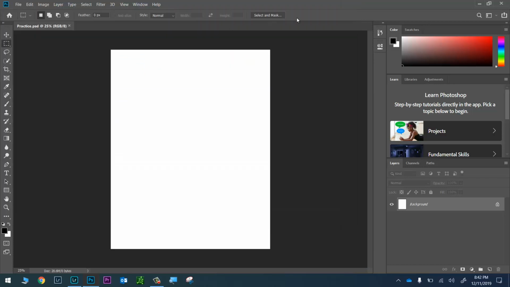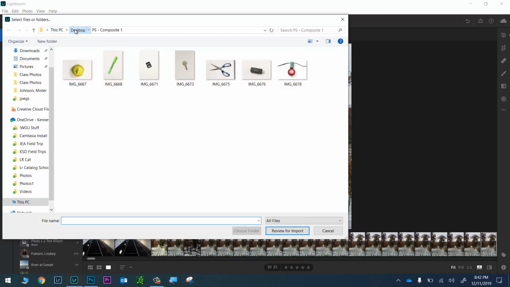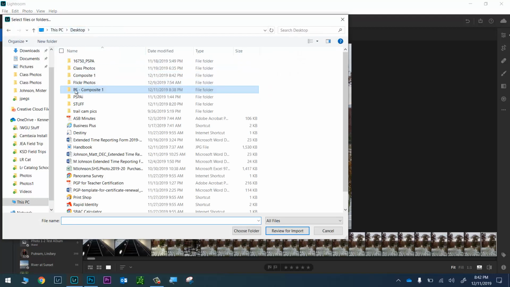All right, now that this is saved, we can kind of put this away for a little bit, and let's jump over to Lightroom. First thing we need to do in Lightroom is add the photos that we're going to be working with, and I've pre-taken some photos for us to play around with here. So let's go ahead and click on our Import Photos button here in the top left-hand corner. And again, for you, this folder right here will be in your period folder in the O drive. For me, it's just on my desktop, but you're looking for a folder in the O drive, period, whatever, called PS